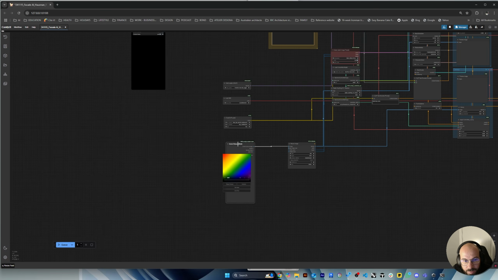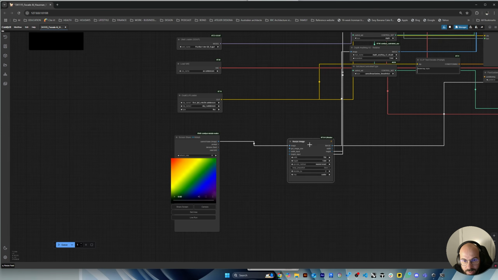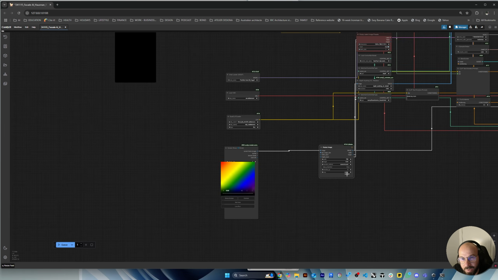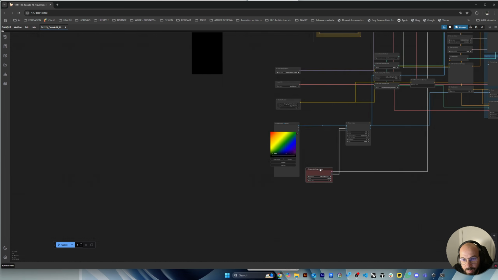So this is the first step. The second step is to resize the image. Sometimes when you screenshot from Rhino, you might not be sure about the proportion, the size of it, so you need to resize it. So you need to basically have